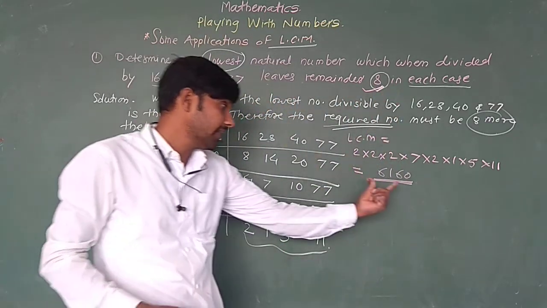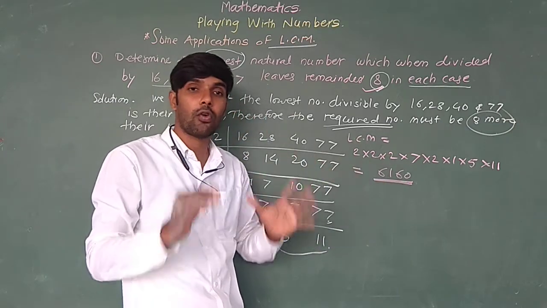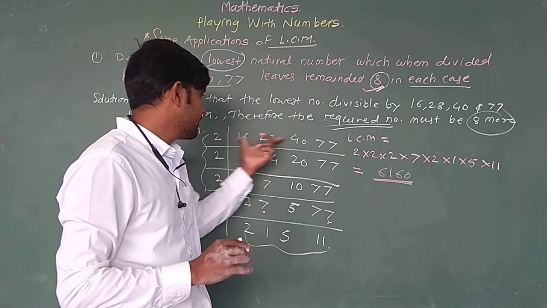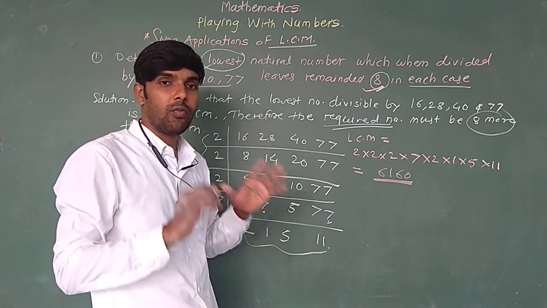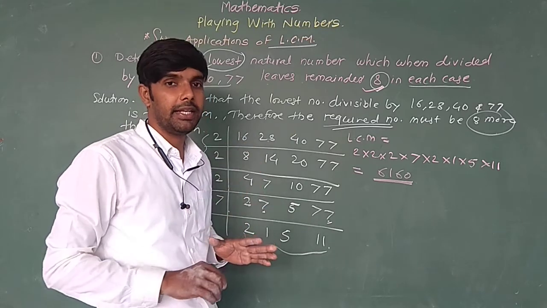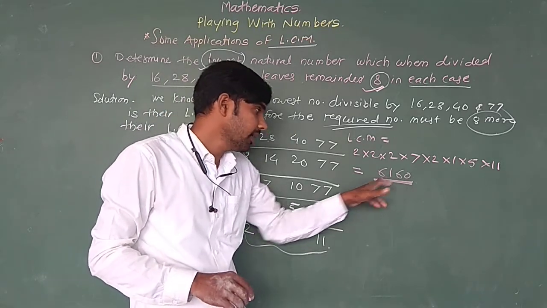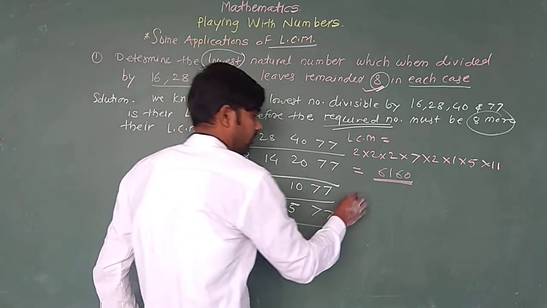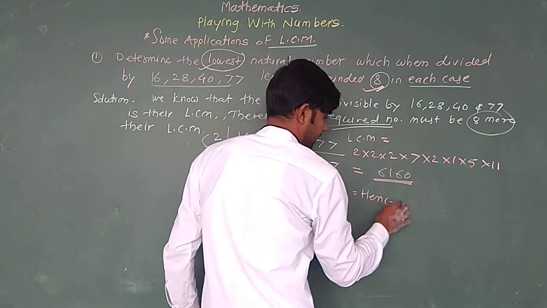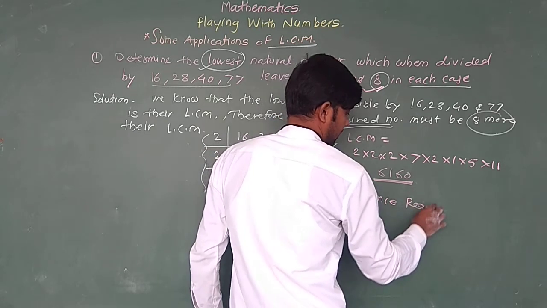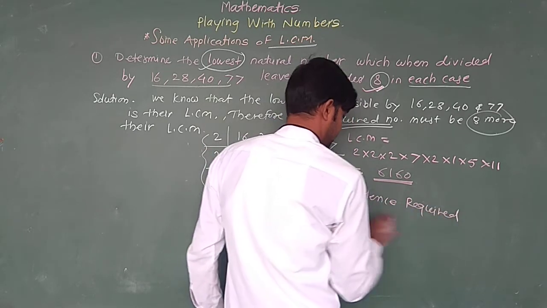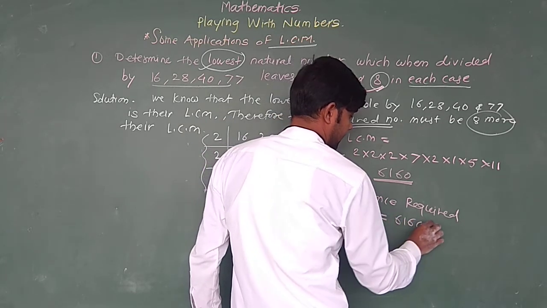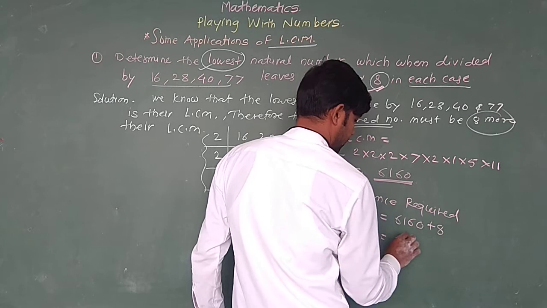Okay, we find this number, the LCM, that is the lowest number which is exactly divisible by these 4 numbers, but we want remainder 8 in each case. So for that we can directly write the answer. Hence the required number is equal to 6160 plus 8 is equal to